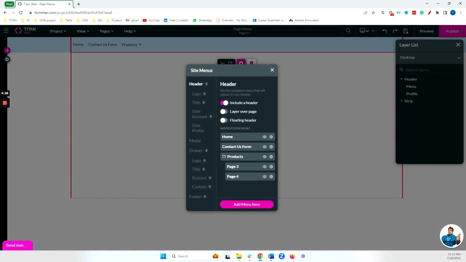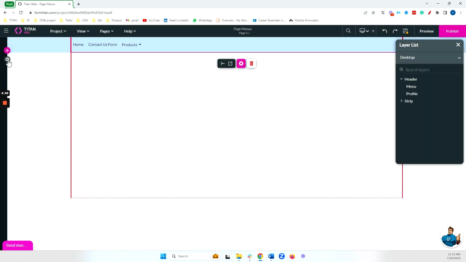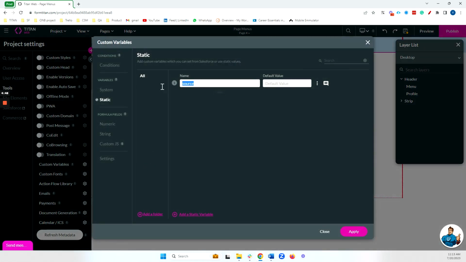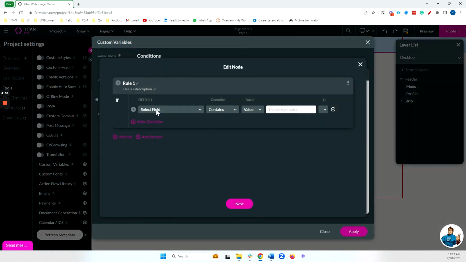All right, the last thing that we want to demonstrate here is how we can conditionally hide and show pages on our header. Now you can see here that I have this eye icon where I'm able to hide this from my site menus, but I can also write a condition to hide things on my header. In this example, I am using a global variable called source. And what I'm going to say is if the source, let's say we'll write a condition on the page project level, and we'll say if the source variable equals, let's say, Facebook,